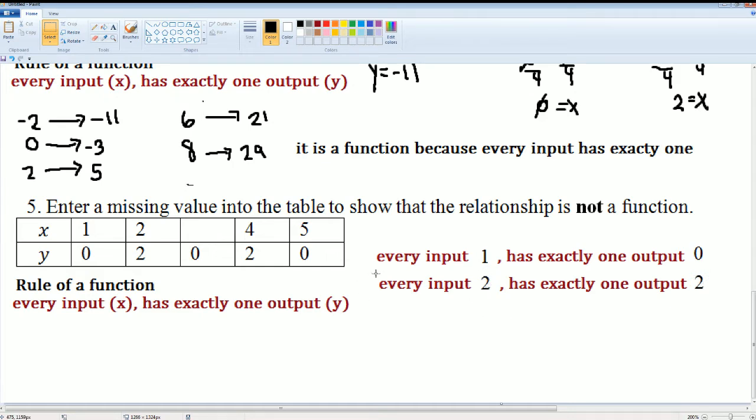Now, we want it to not be a function, so we have to break this rule. When do we get an output of 0? If we plug in a 1, this works. It's only when we change it to be, let's say, 4. If I plug in a 4 here, this doesn't work. Does the input of 4 have an output of 0? No, because look, here,